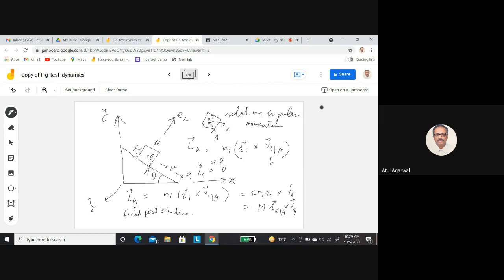In case you want to apply this, I have already solved it. If you want to use M equals I alpha, this equation will be valid only when point A is a fixed point. Then you can use it, and this I will be about point A. Otherwise, you can't use that, you have to use dL by dt.